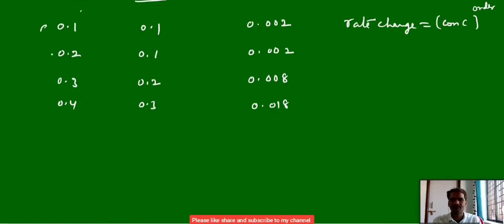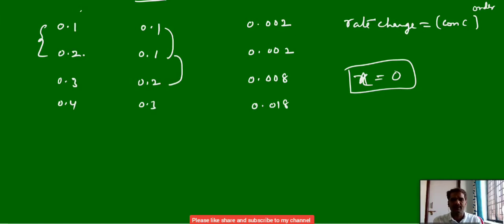Let us take the first two analyses. Here the concentration of B is constant, but the concentration of A is changed; it is increased to twice, and the rate does not change. If you change the concentration and the rate does not change, your rate is independent of the initial concentration, meaning the order of the reaction should be 0. So it is a zero order reaction with respect to A. With respect to A the order is 0, so x equals 0. Now take the second and third data, where we already know that with respect to A it is zero order, so that part is over.